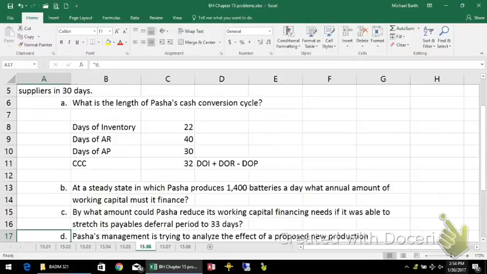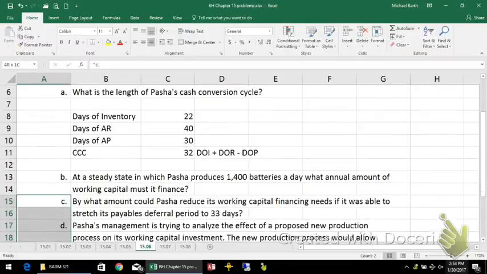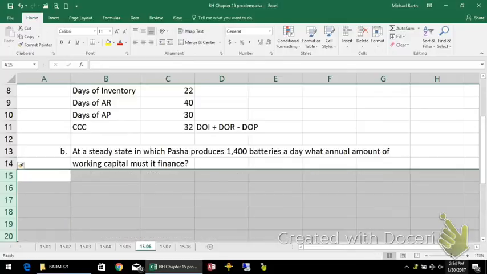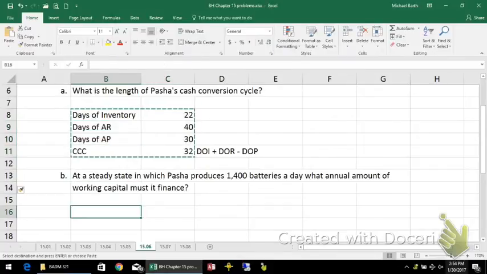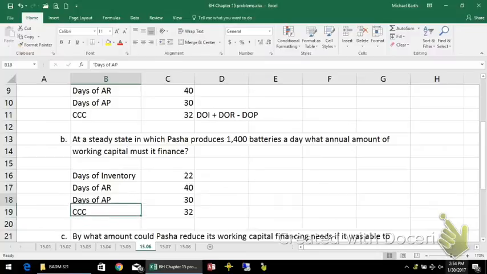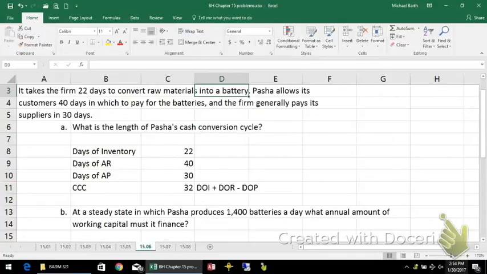All right, part B is going to convert this from days into dollars. So if we took the same information that we have up here, days of inventory, days of accounts receivable, and days of payables, we can estimate what those numbers are. Now, the trick is that we're just estimating, because the days of accounts receivable, the accounts receivable is in days of sales rather than days of cost of goods sold. We don't have that, but